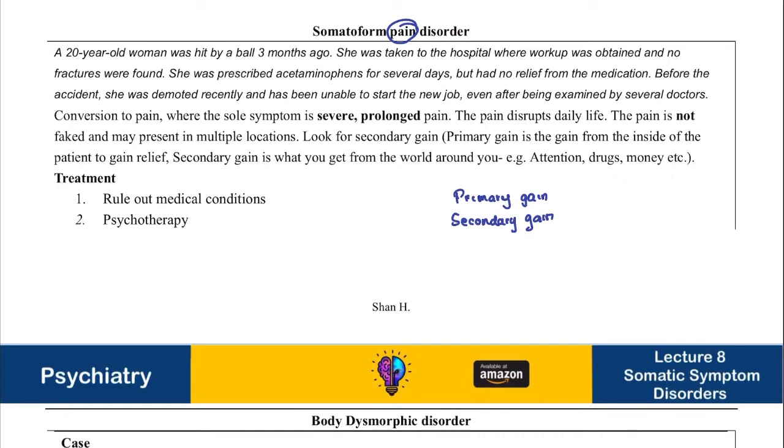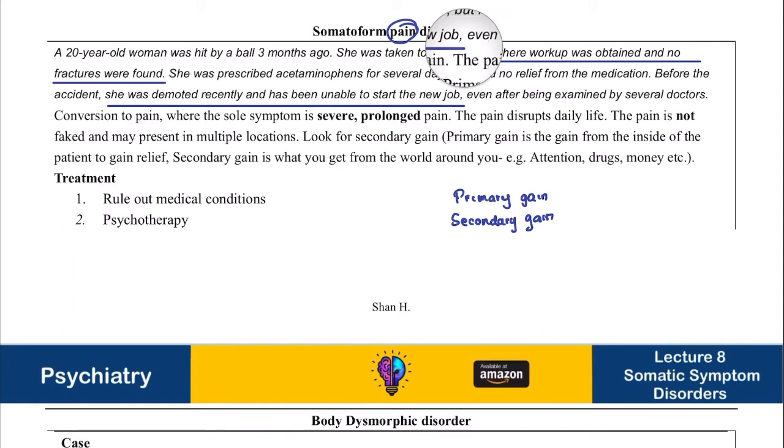And in this case, we have a 20-year-old woman who was hit by a ball 3 months ago. She was taken to the hospital, where workup was obtained and no fractures were found. She was prescribed acetaminophen for several days, but had no relief from the medication. Before the accident, she was demoted recently and was unable to start the new job, even after being examined by several doctors. So there was some sort of stress. The primary gain is the reduction of that stress. So the person was demoted,